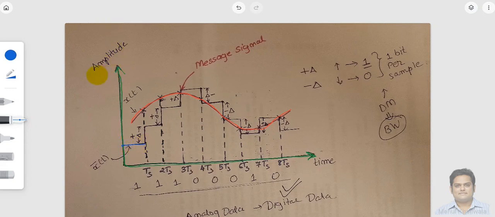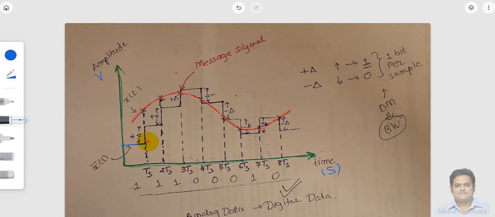So this is going to be the amplitude, which can be denoted in voltage, and time can be denoted in seconds, right? So this is how it will look. For the first step, as you can see here, we are doing a sort of staircase function. That's why the name staircase came into the picture. Let's say I've started from here as a quantized signal, and I'll be taking this quantized signal till I reach the first sample. So this is where I've reached.